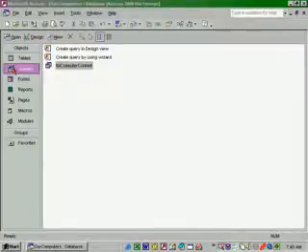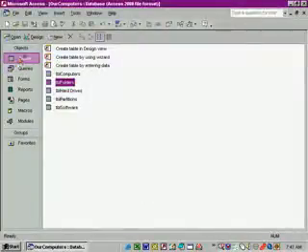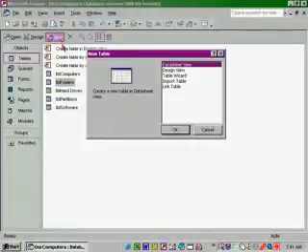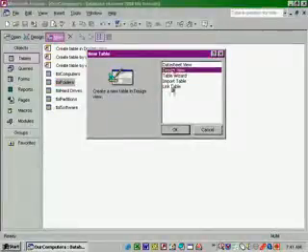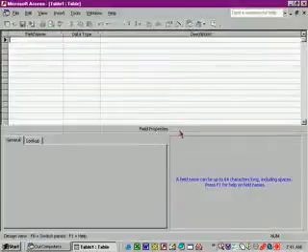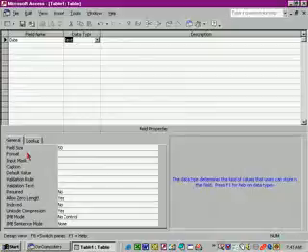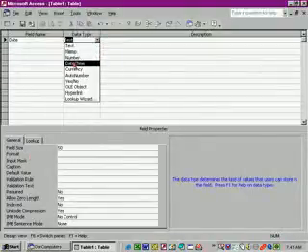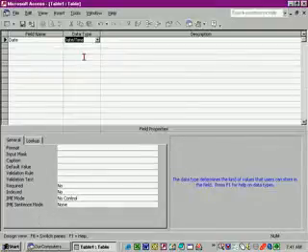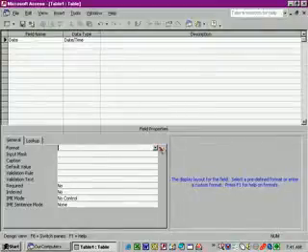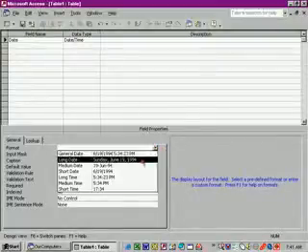Okay, let's click on the Tables button on the Objects bar, and then we'll click on New, and we'll select Design View, and OK. And now click in the first field name box, which is probably already selected, and let's type date, and then tab across to the data type field, and from the drop list we'll select date time, and then we'll click in the format field area, and we want to select medium date from the drop list,